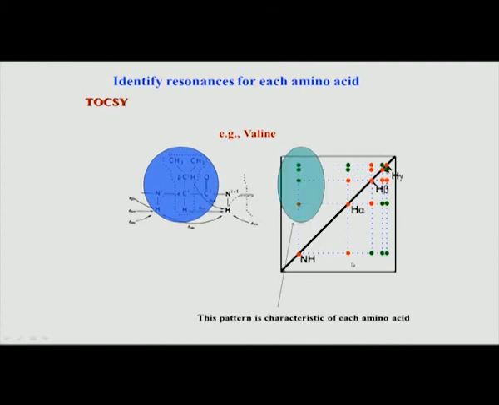So, typically when we go to peptides, this pattern shown in this green oval is what we look for. This is a very interesting pattern. This is called a fingerprint region, and we will see in the next slide that all the 20 amino acids have a unique fingerprint pattern like this. So, no 2 amino acids are similar. Of course, if you look at aromatics, a family of amino acids will look similar, but interestingly they have very unique fingerprints. So, let us see that in the next slide.